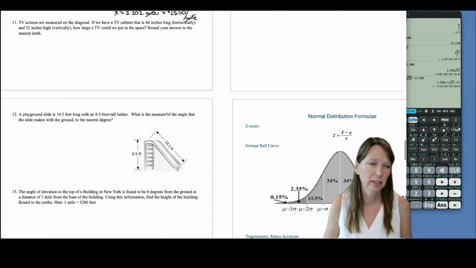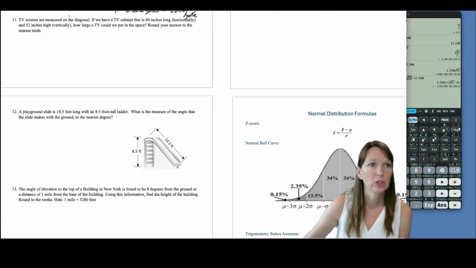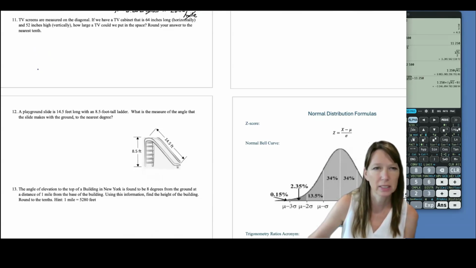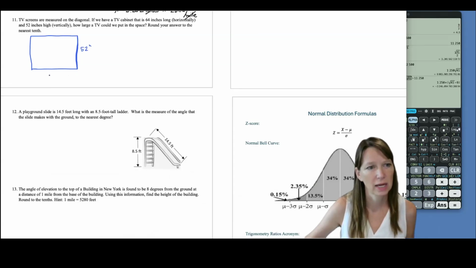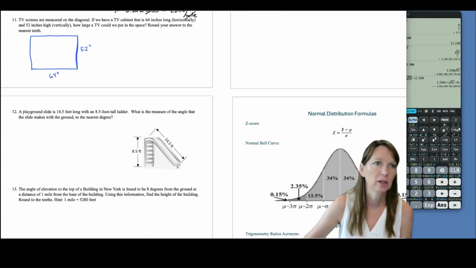Okay, question 11. TV screens are measured on the diagonal. If we have a TV cabinet that is 64 inches long horizontally and 52 inches high, so I'm assuming I've got kind of this rectangular space that I'm trying to fit my TV in. So I have 52 inches and 64 inches horizontally, and I want to know how large I can fit a